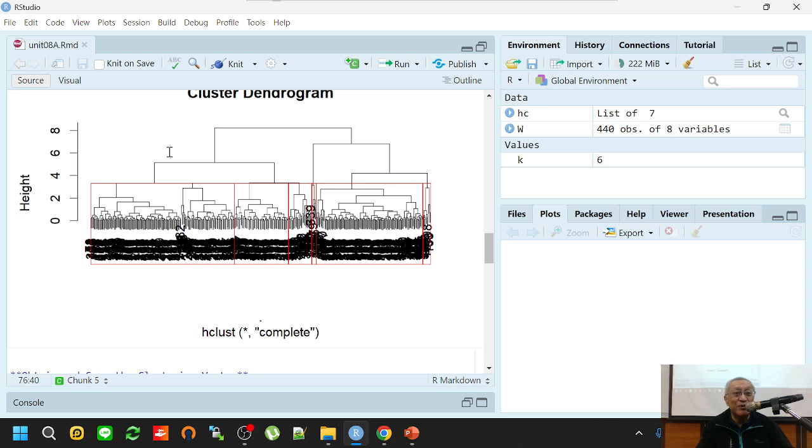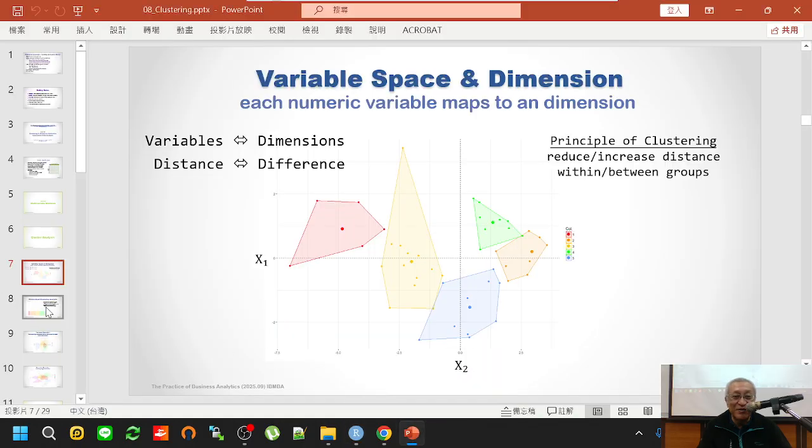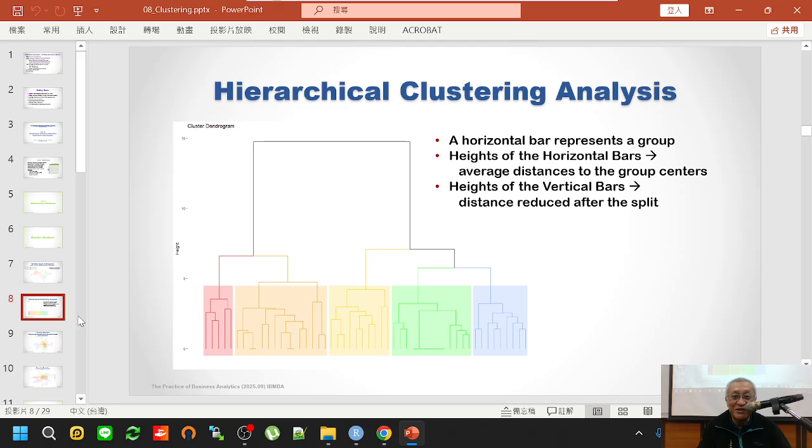If we cut the dendrogram here, we only have 2 groups, right? If we cut the dendrogram here, we have 3 groups. If we cut it here, we have 4 groups, right? Let's see it here, maybe it's easier to see. This is a dendrogram. If I cut the dendrogram here, I will actually only have 2 groups. But if I cut it here,